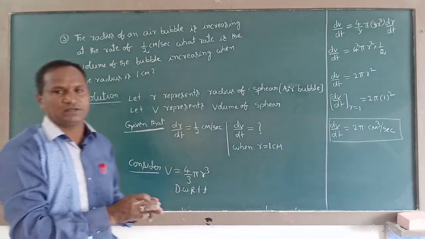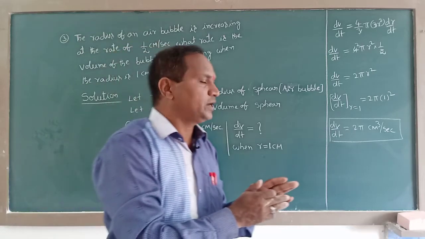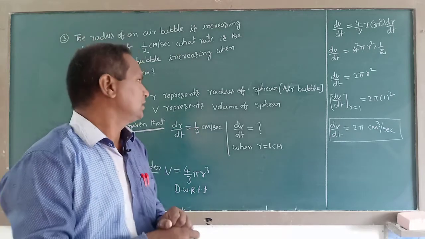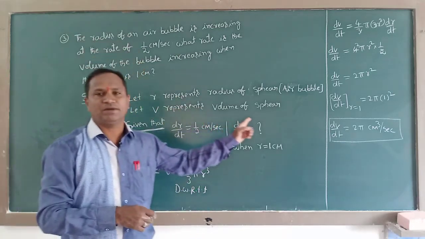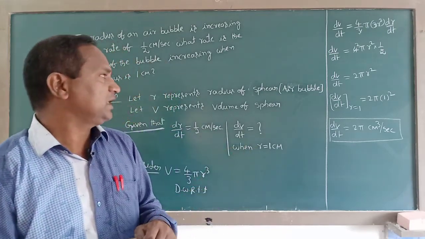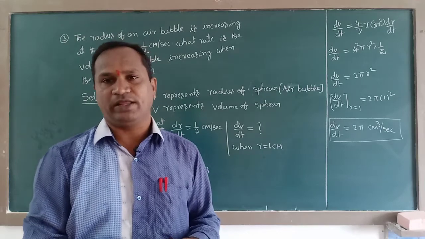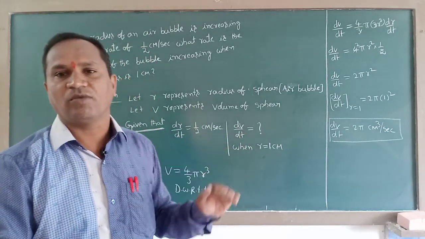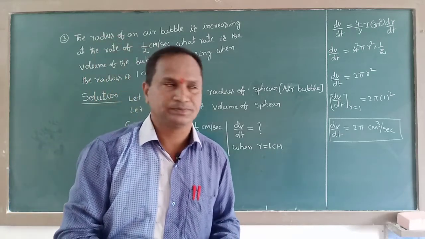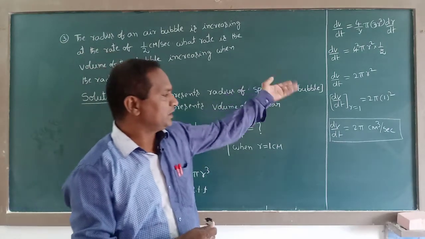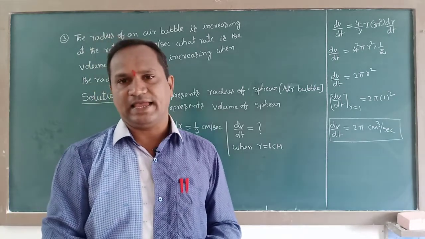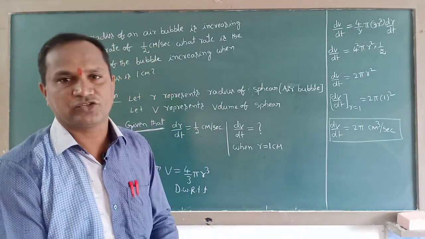Like that we are giving the solution, finding the rate of change of volume for this question. They gave air bubble, nothing but a sphere only. You should not get any confusion with the name air bubble. That's why we applied the sphere formula, the volume of the sphere formula, 4 by 3 pi r cube. And finally with the help of that we got the rate of change of volume is 2 pi centimeter cube per second. Now let us solve another question.